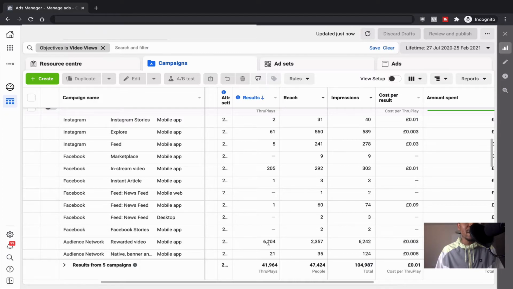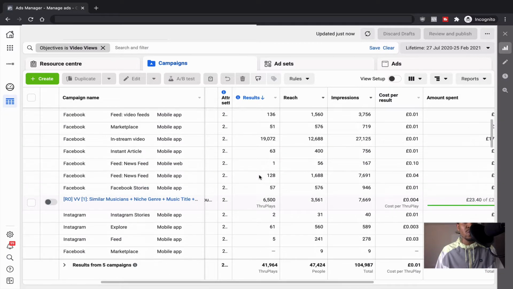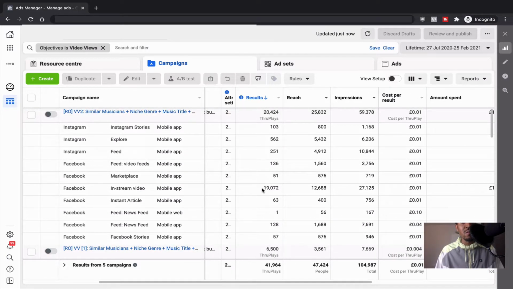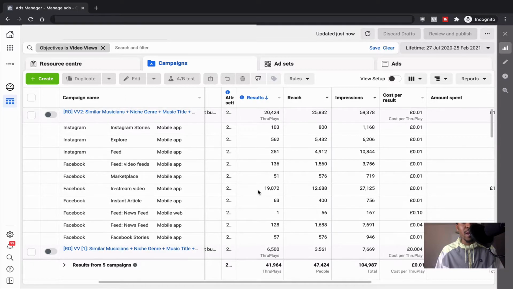If you're running campaigns and your aim is to run video view campaigns, make sure that you do unselect the audience network, as a large percentage of your views are going to go directly to the audience network and your budget is just going to be invested in that area where it could be going towards in-stream videos. And if I scroll up, I'm sure I'm going to be able to find something that did better. As you can see, the campaign above, video views that got